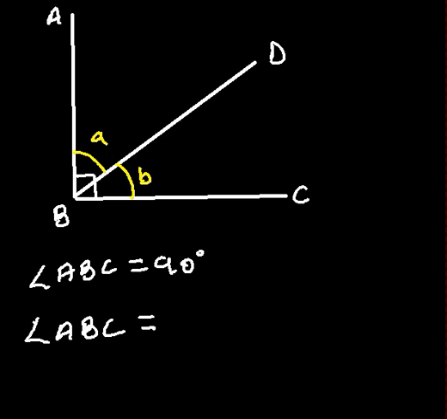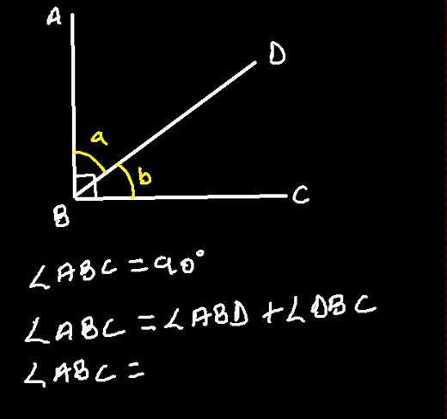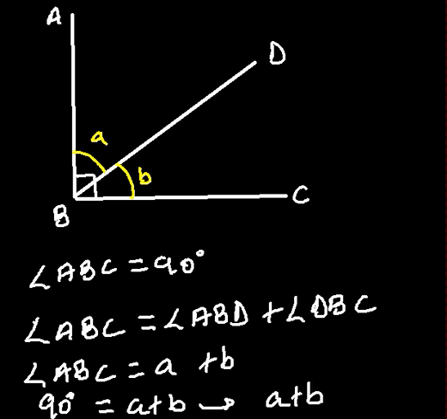There should be this. Let me present it. It should be angle ABD, which is this angle, plus the angle DBC, like that, of which the angle ABC is given as A plus B. And at the end of the day, we know that ABC is 90, then this is the same as having 90 degrees equal to A plus B. Now the fact that the summation of these two angles is equal to 90 degrees,